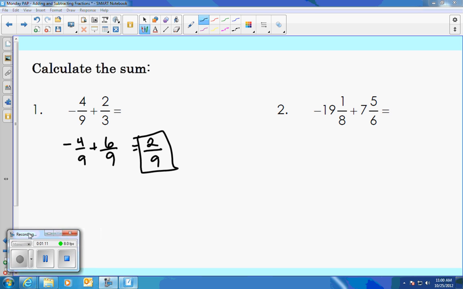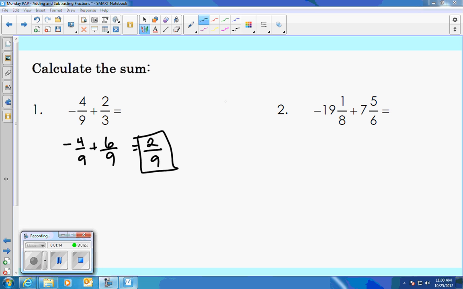So on the next one, again, we have positives and negatives, but our first concern is going to be to get the denominators the same. So between 8 and 6, my least common multiple is 24. You could use 48 if you want, but then you're just going to have some reducing to do at the end. So 8 times 3 is 24, and 1 times 3 is 3. Don't forget that that's negative. 6 becomes 24 by multiplying by 4,